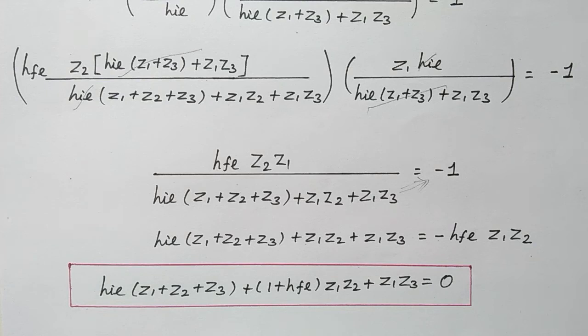This can be used for any type of oscillator. We simply put in the reactance values depending on the components available in the oscillator. For example, for Hartley we put Z1 and Z2 as inductive reactances and Z3 as a capacitive reactance. Similarly, for different oscillators we put different reactances, so that we can easily find the frequency of oscillation for the particular oscillator.